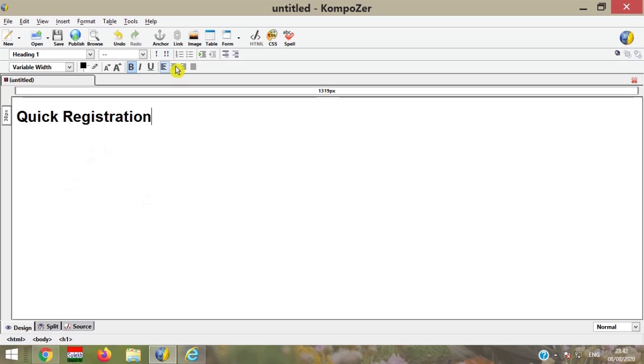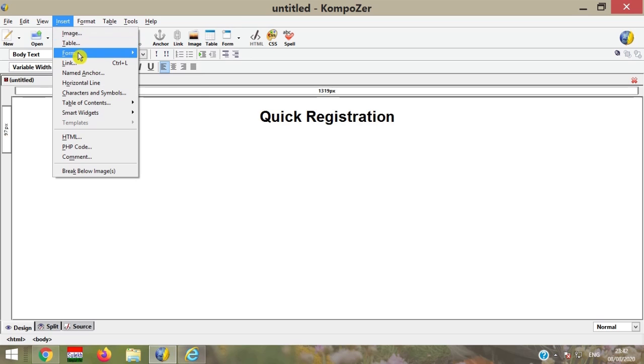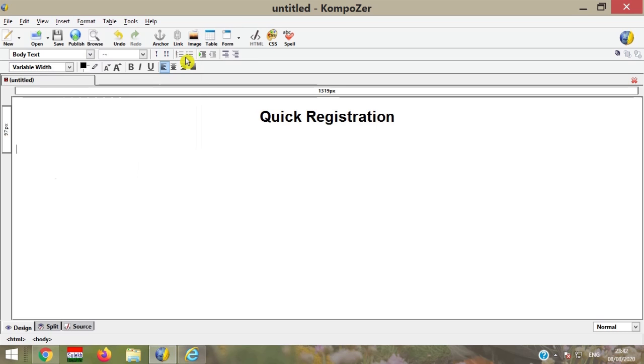Make a center alignment from the formatting toolbar, then come down. Now the first step to create a form: go to the insert menu, form and define form.